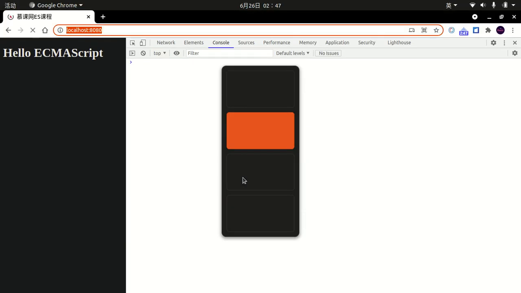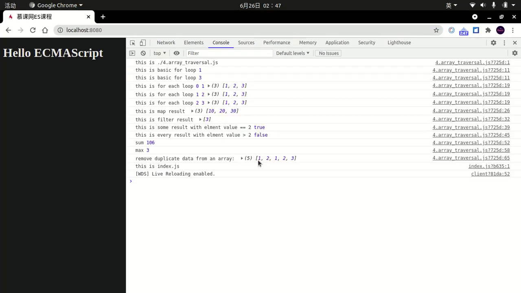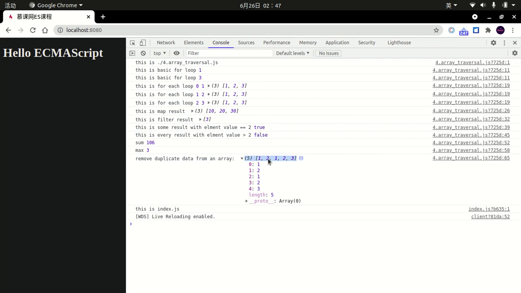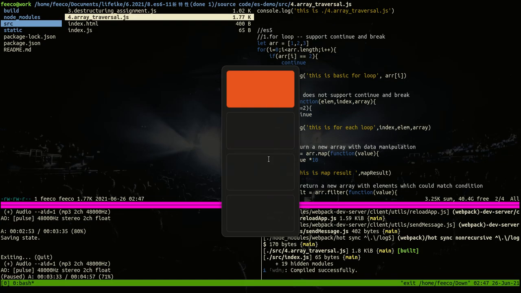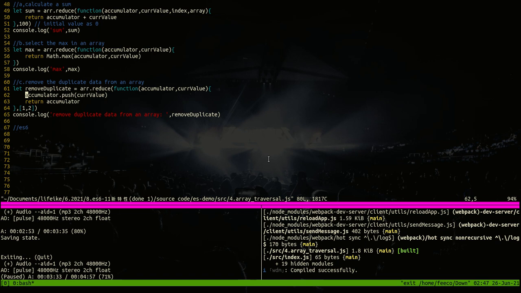So let's say 1, 2, 1, 2, 3. Now it has duplicate data. What do we want to do? We don't want to push the duplicate into the accumulator, into the return value. So